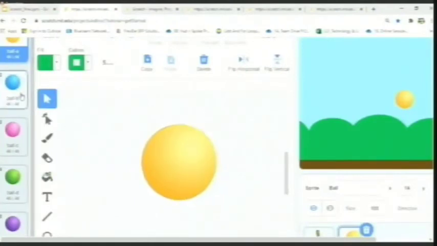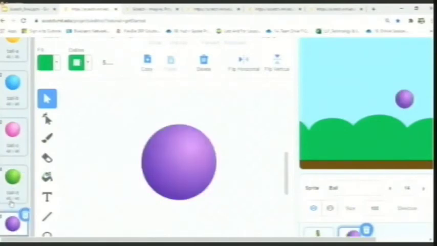Now, there are multiple ball options. If I want the balls to automatically change colors, all I have to do is put all of them and change it to next costume like I showed in the backdrop screen. All you have to do is program it and change the backdrops. So it'll make it look like the ball is actually changing color, like a disco ball. But that is not what we are trying to do here.